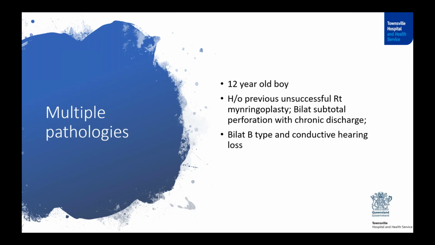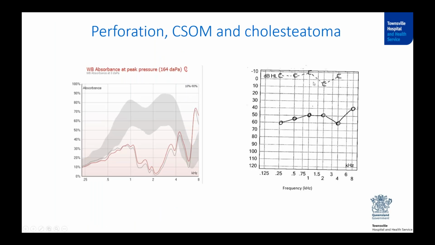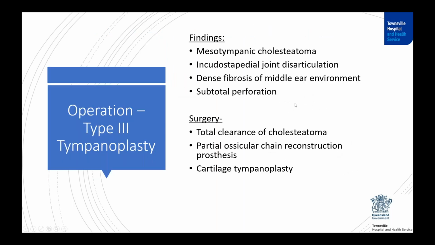For example, in this case, we had a 12-year-old boy who had a history of previous unsuccessful myringoplasty. He had a bilateral perforation and a chronic discharge, and his audiogram showed a B type with a conductive hearing loss. But you know that if there's a perforation, it doesn't reduce the absorbance so significantly across the whole frequency range. And this kid went on to have further investigations, and he had a mesotympanic cholesteatoma and then with the ossicular